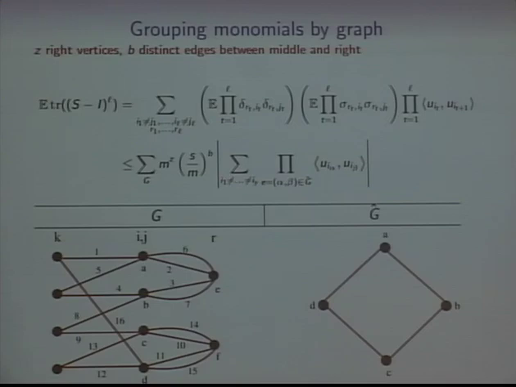And a sum over all assignments to the middle of dot products of rows of the matrix U. Where does that come from? If you look here, notice every vertex on the left has degree exactly 2. It connects 2 middle people. And when you sum up over the left, what you end up getting, you can show, is that this product, when you sum up over the left layer here, becomes dot products of rows of U.